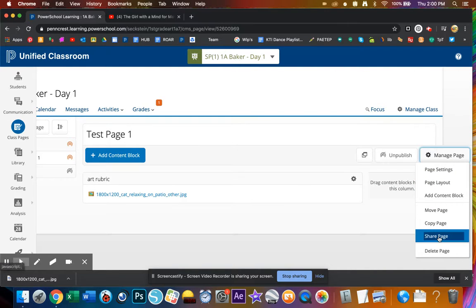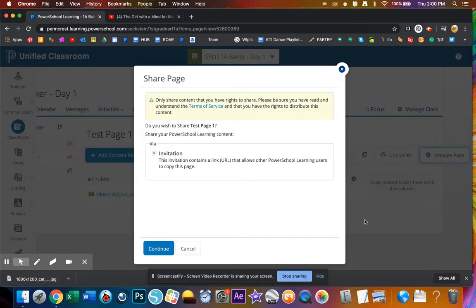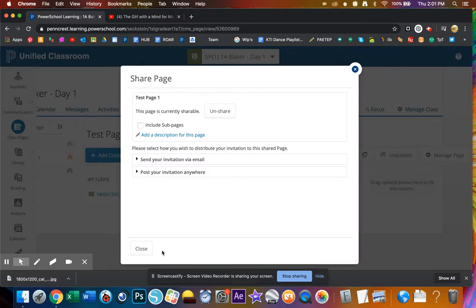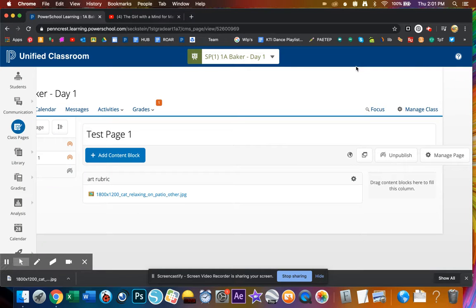If I go to share page, it's going to ask, do we want to do this by invitation? If I do that, it will contain a URL that you can share with other people. You're going to hit continue. You can include the sub pages, or you can just share that one page. You can send your invitation via email, or you can post it basically anywhere, so you can get an active link for anybody to come through. The other thing that you can do too